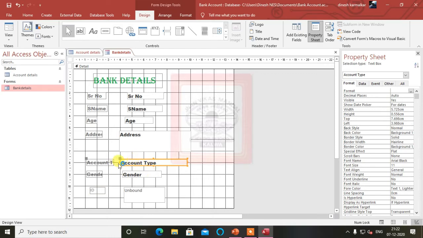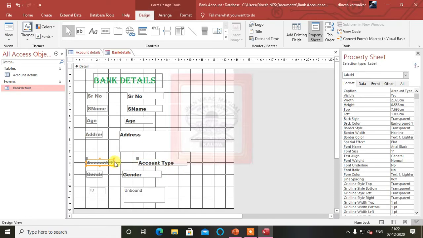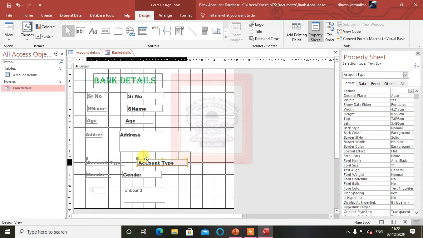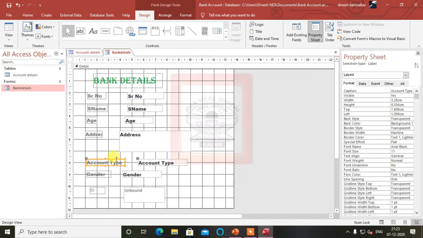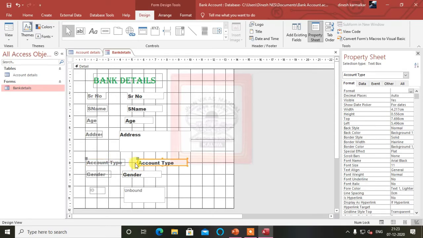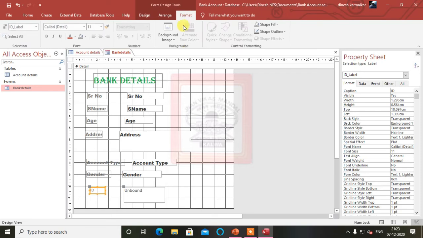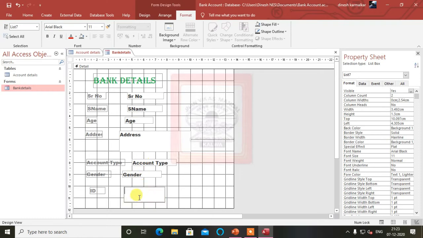Here I will take this further. I want this in proper count type, and I also want to make gender a little bit bigger. Let's make this ID Arial Black, and this also Arial Black.